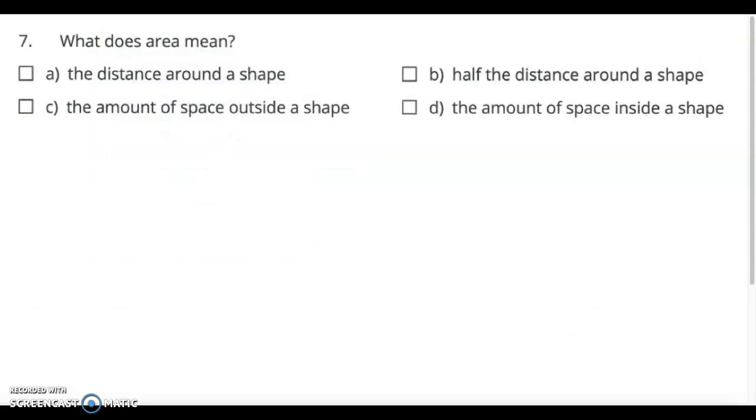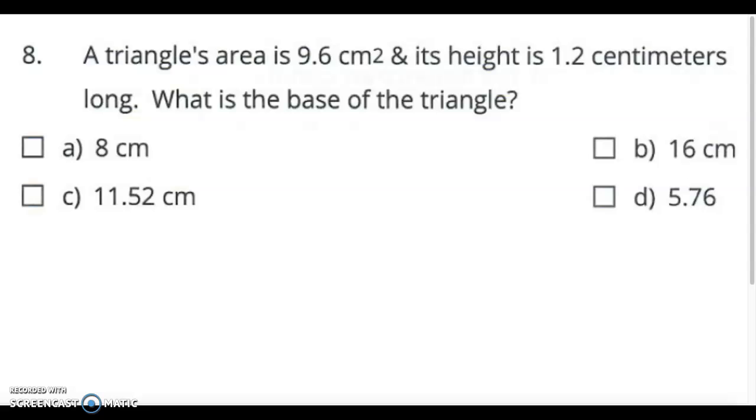Number 7, what does area mean? Okay, that you should know. You should know what area means. If not, you can Google it, but I've said it many times in many previous videos that you can listen to. Okay, triangle is base times height, but when you're finding the base of a triangle, you want to use